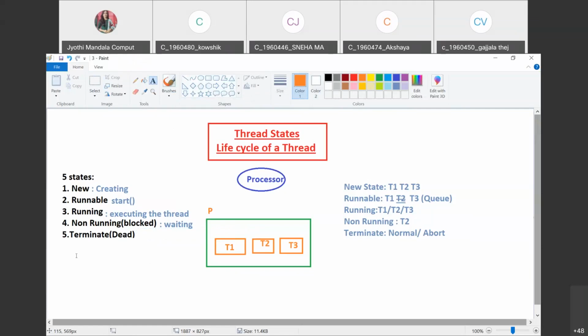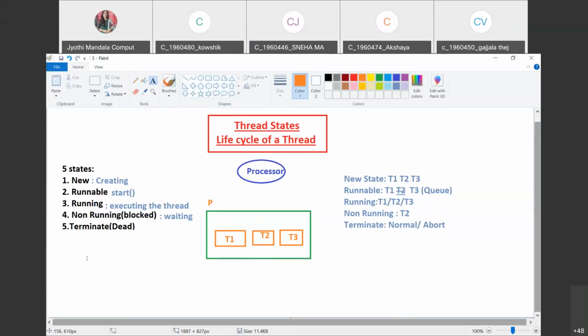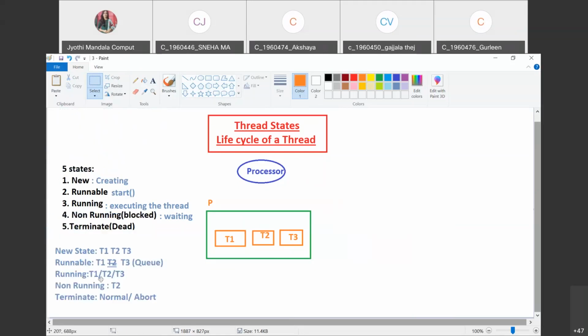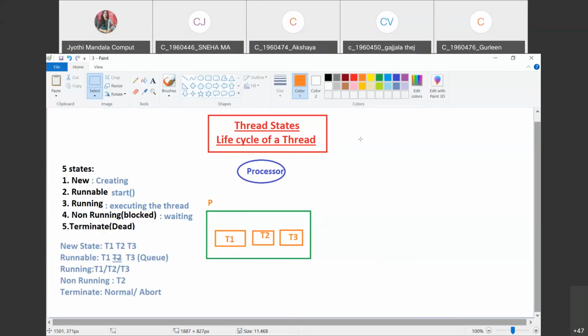Note down all of you. What is our first state?